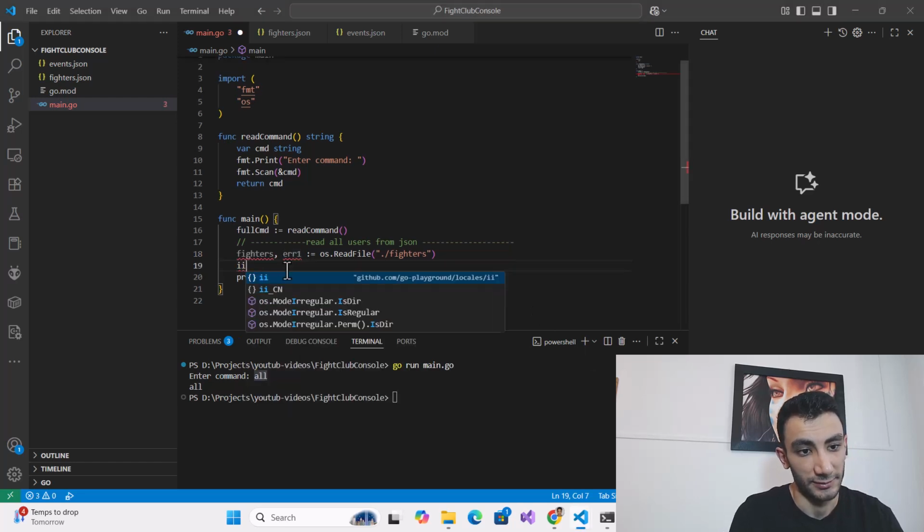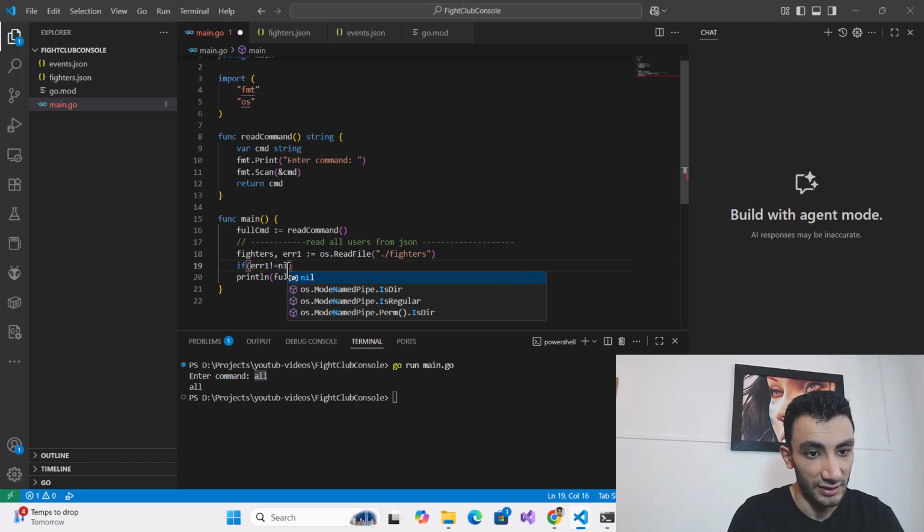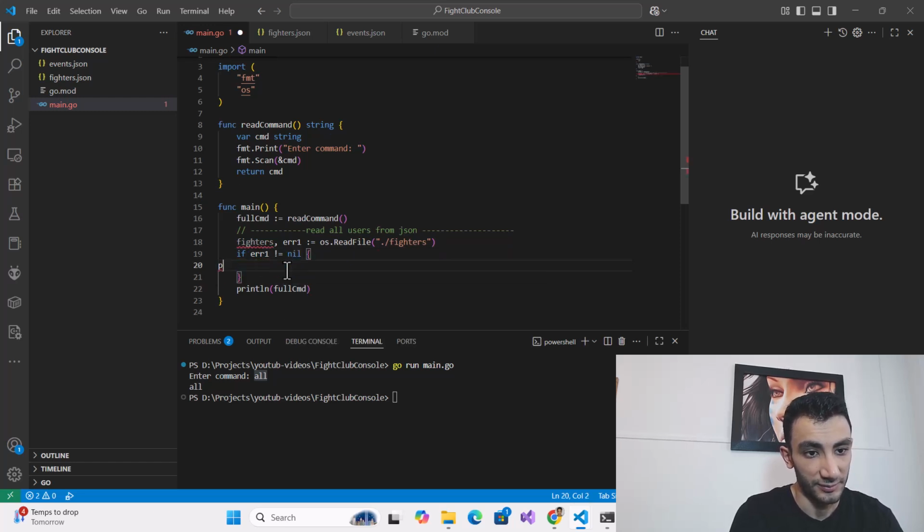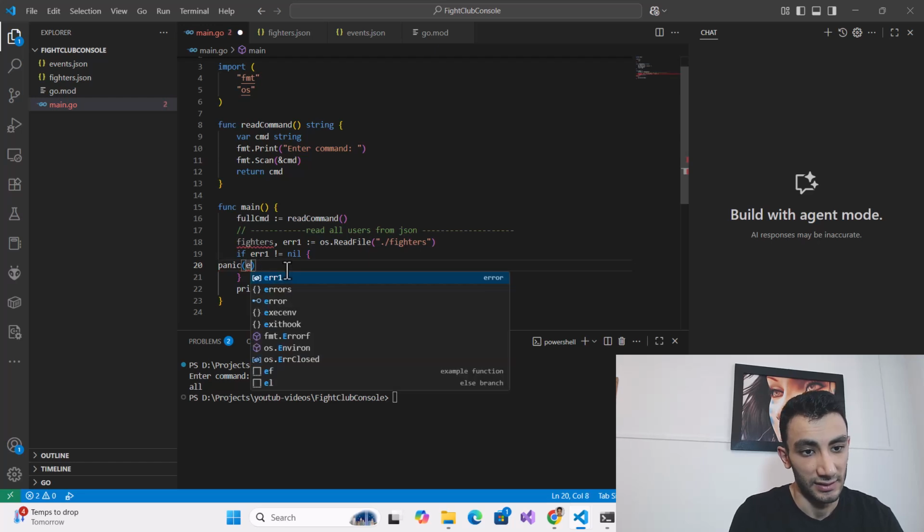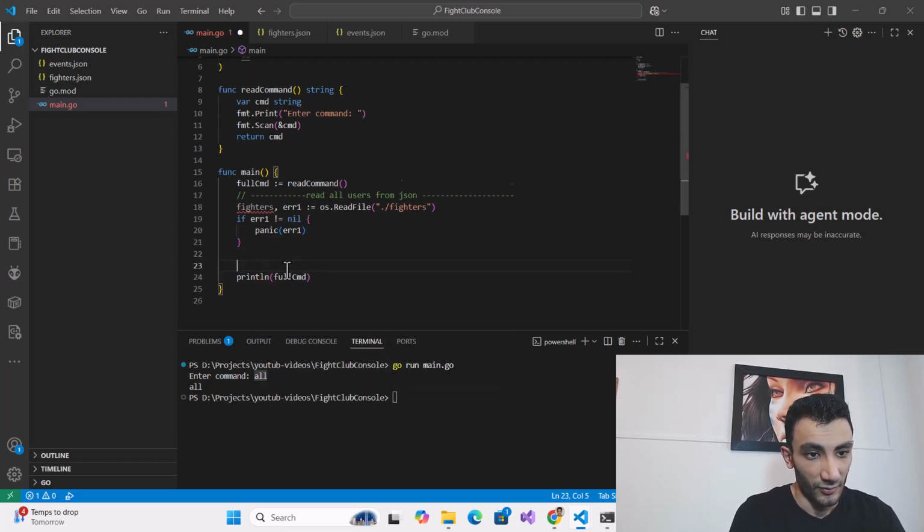If our error is not nil, just panic. Otherwise, we want to parse our fighters.